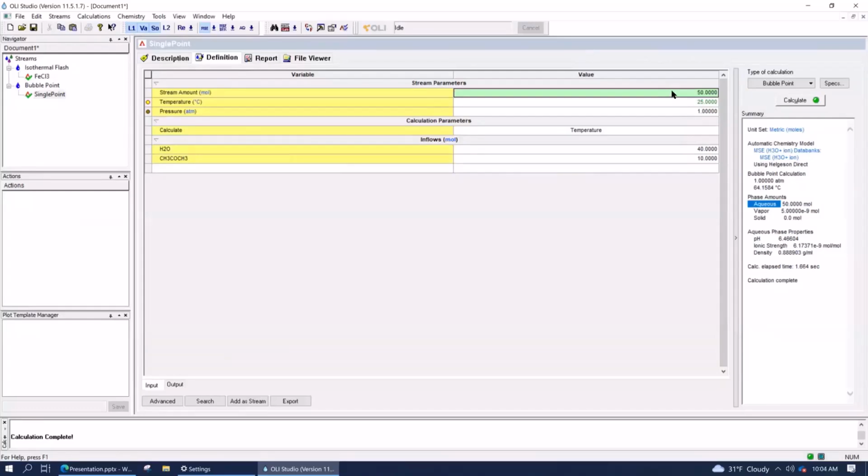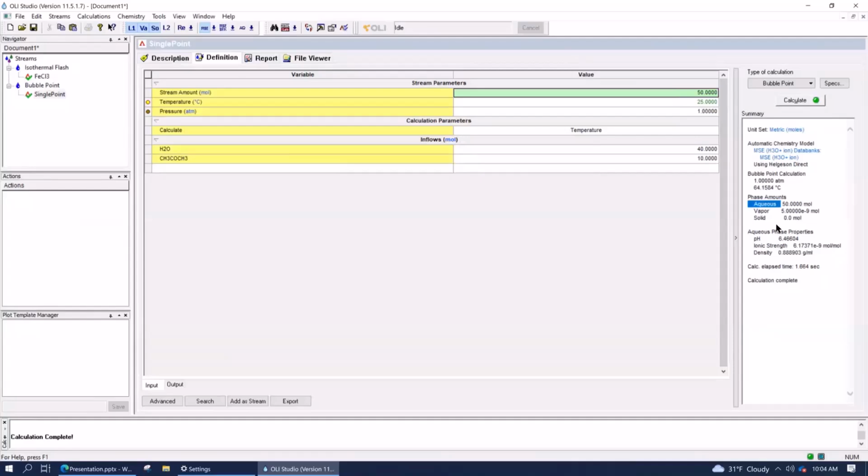Now we got that set. We say, okay, what's the temperature required in order to achieve that? And you're going to notice that we're going to do that multiple times. There's a dew point calculation. That's essentially the flip-flop of that. There is a vapor fraction calculation, and there's a vapor amount calculation. All four calculations use the same type of logic. Set the vapor amount or set the liquid amount relative to the total, and then tell me what temperature or pressure is required for that.